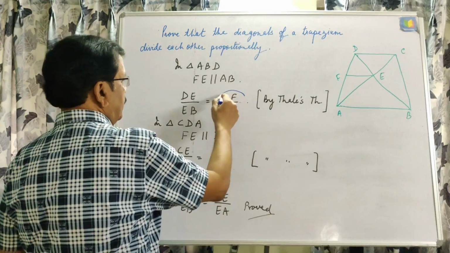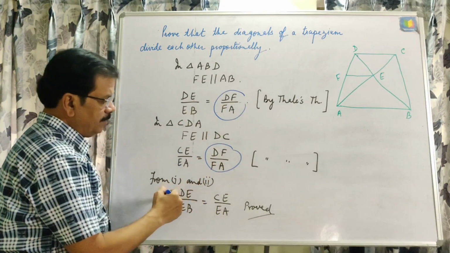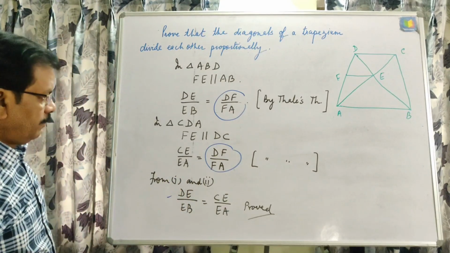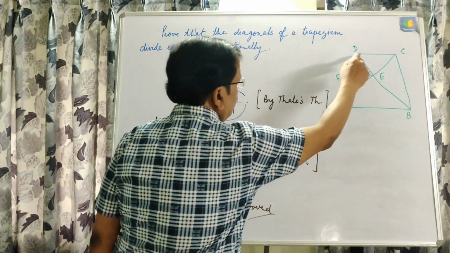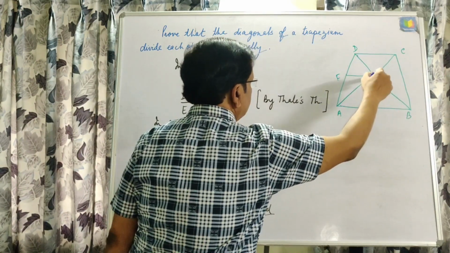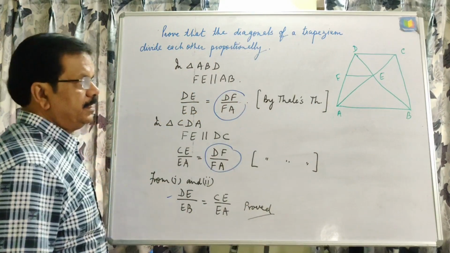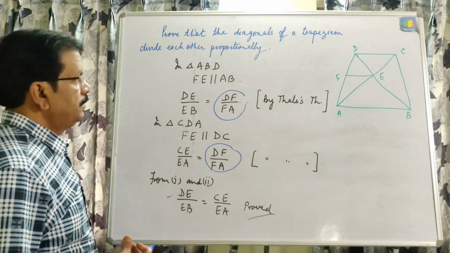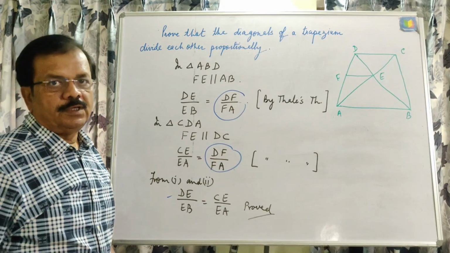You can see right hand side is equal, and so left hand side will be equal. That is, we are getting here DE upon EB, part of this diagonal, is equal to CE upon EA, part of another diagonal. It means this is divided one another into same ratio. Now next,